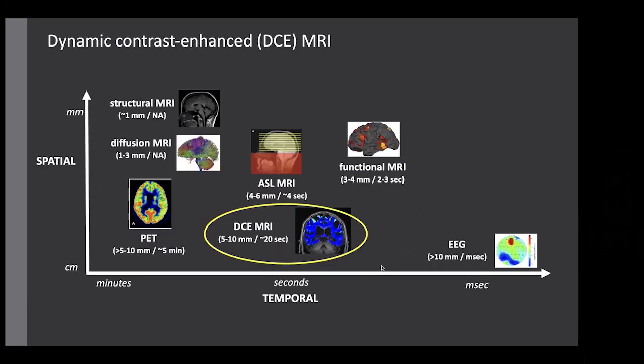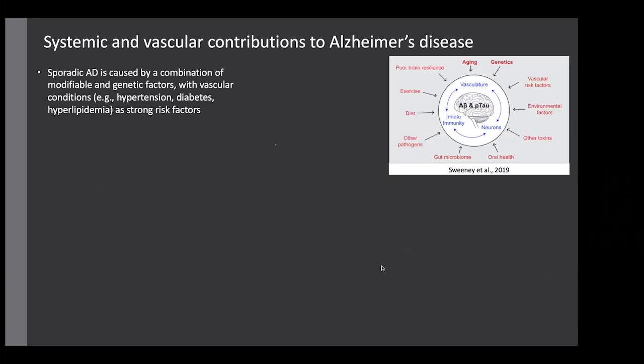And so this is where I learned a brand new technique called DCE MRI. We had to build the protocol here from scratch, which was a learning experience for me. But before I go into those data, I'm going to give you a little bit of background about why this is interesting. So sporadic Alzheimer's disease